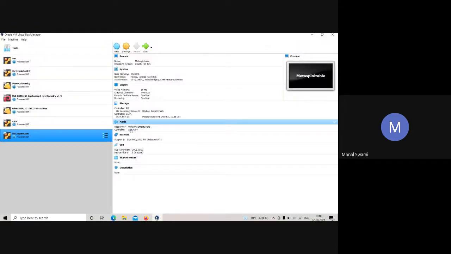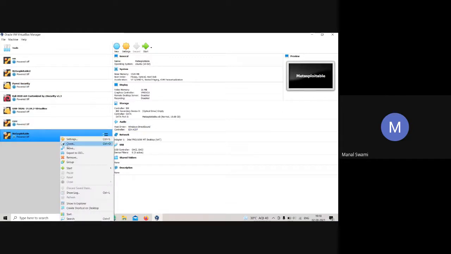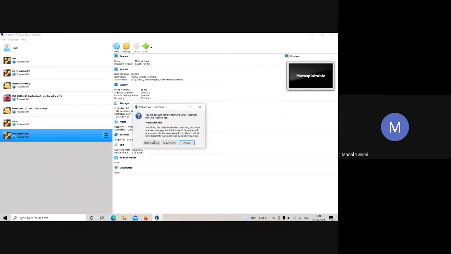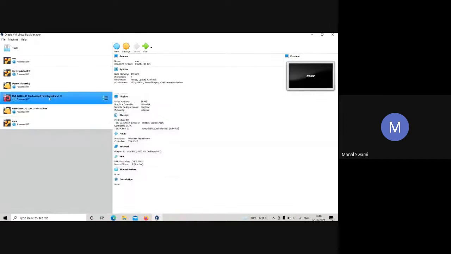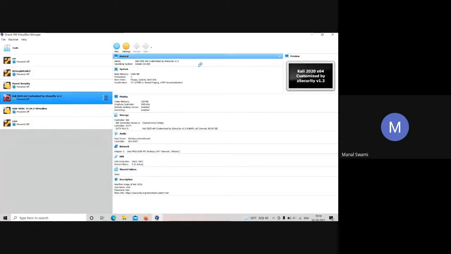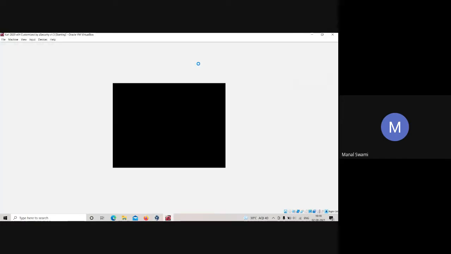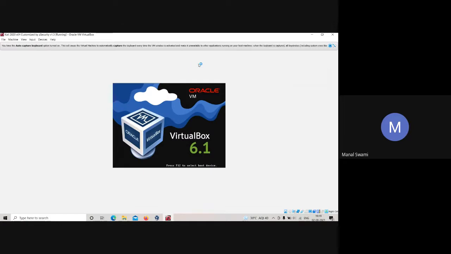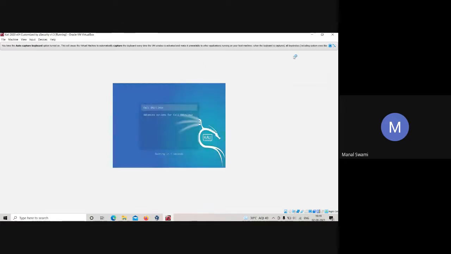Okay then, I will be deleting it because I don't need it, and I will be going to my Kali machine. Now do one thing, everybody: whoever is having a problem installing Kali Linux, just make notes and watch what I am doing. Then you download your Kali machines and practice over there.